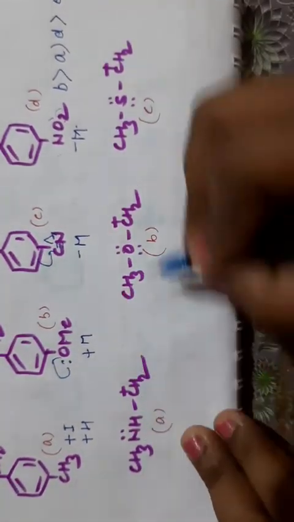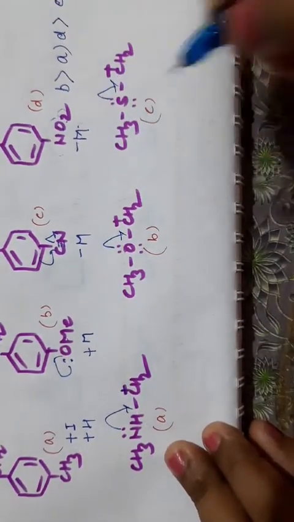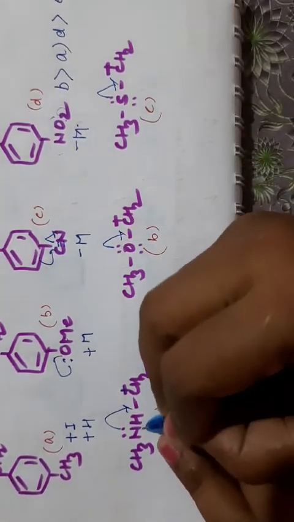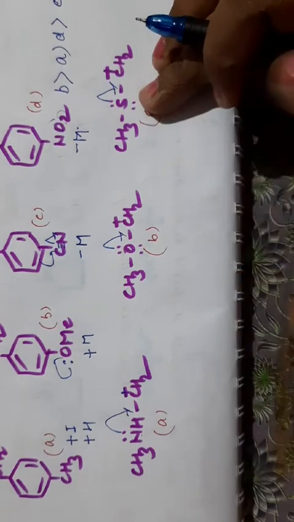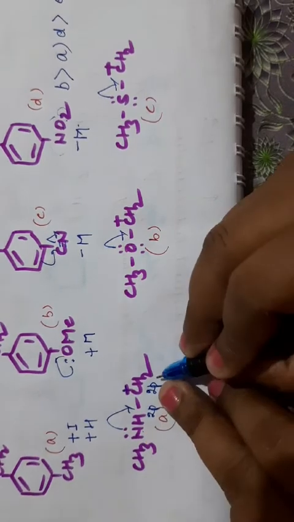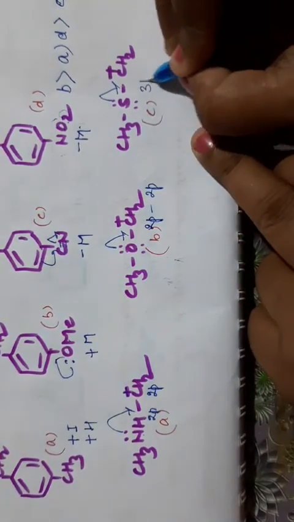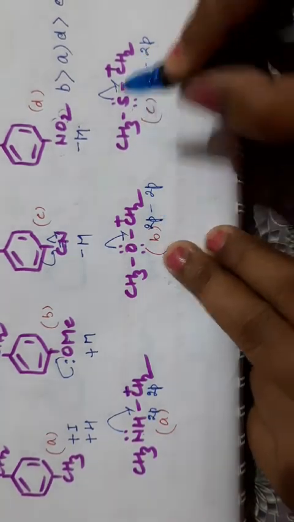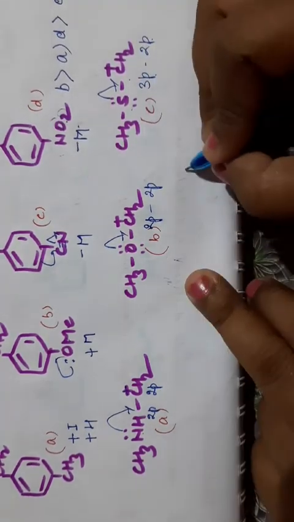Coming to the next one, here this is a positive charge with a lone pair. There will be delocalization here in this way, so all will show resonance. Now the second point we have to consider: nitrogen is less electronegative than oxygen. They are in the second period, this is in the third period. Overlapping will be 2p and 2p, 2p orbital of NH and 2p orbital of carbon. Here again overlapping between 2p and 2p. But here overlapping will be 3p and 2p, and overlapping between similar orbitals is more effective. So this structure, compared to this, will have less effective overlapping, so it will be the least stable. So we will write here C.